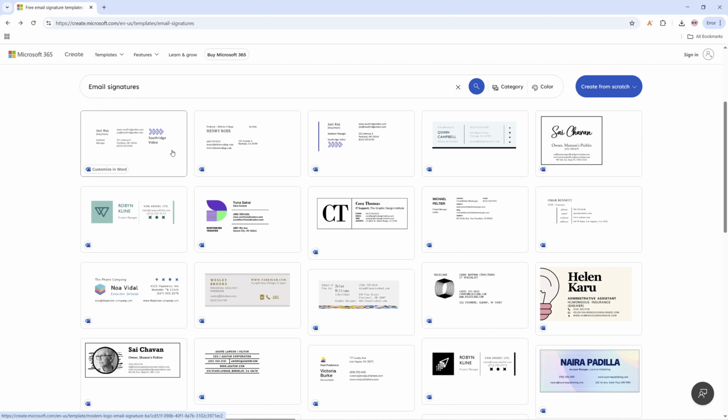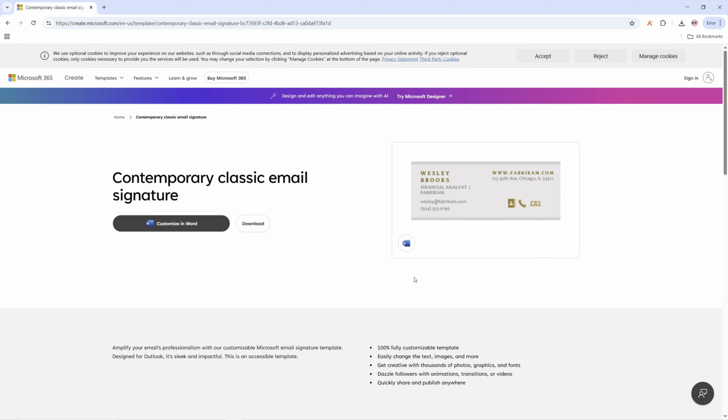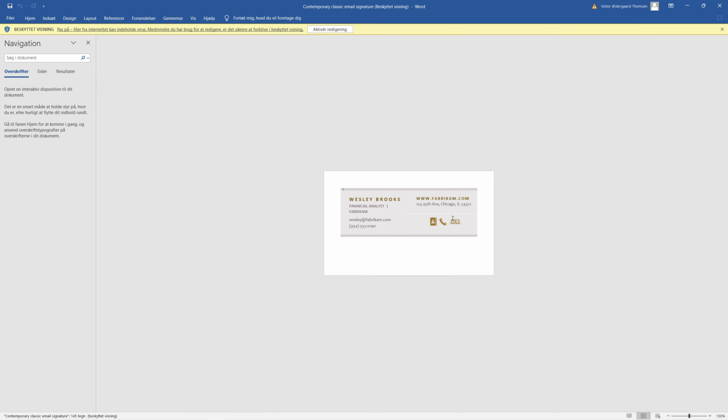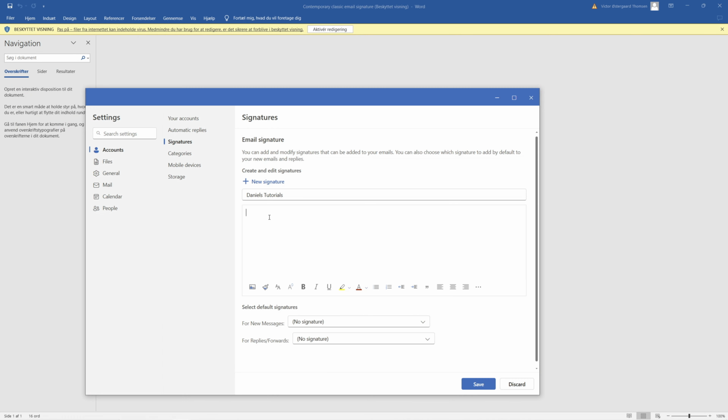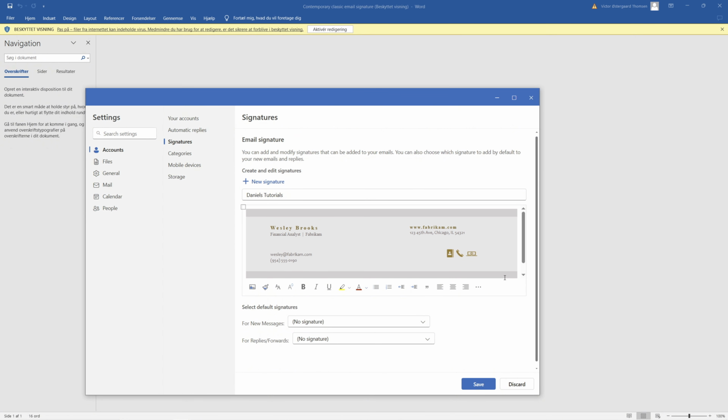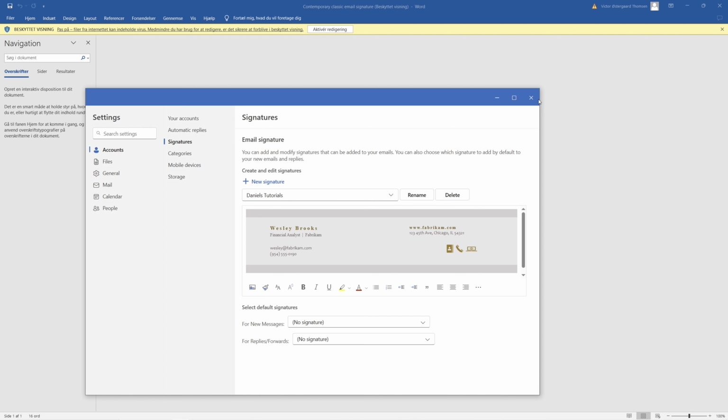So I just want to take this one, and then you can click download, and then open the Word file, and then you can just copy this and go back in Outlook and paste it in, and then you can make it bigger or like how you want to fit in the email. So I just want it to fill the whole screen. So I just take it to here, and then I want to click on save,